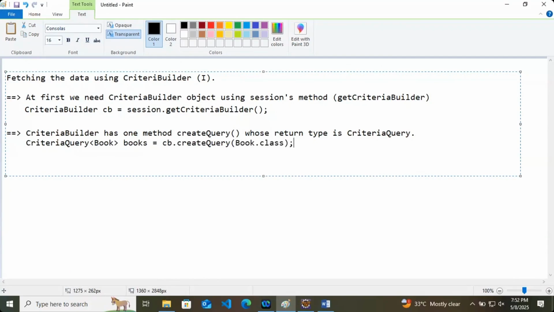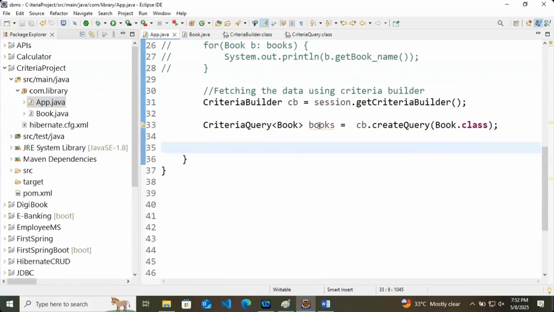So it means that you are creating a query on this particular thing, book dot class. On this class you are creating your query. Once you are done with this part, here we got something as books, or here you can say query also, so that there will be no confusion. So there also I will write query.